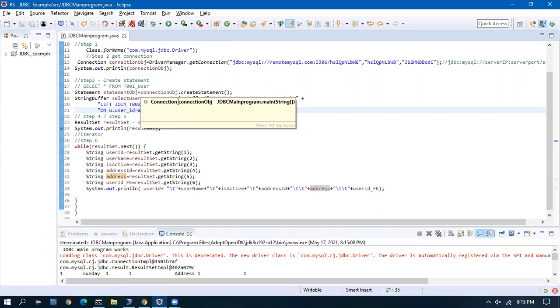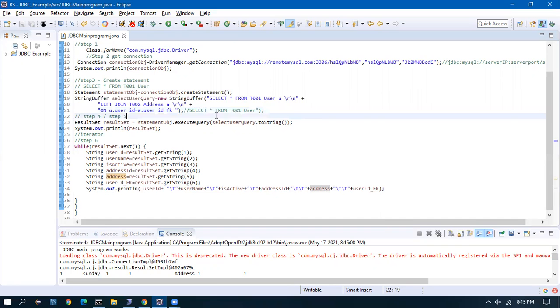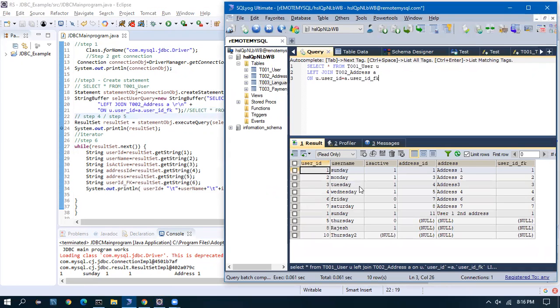I want to pass the parameter from the Java. Let us say I want to fetch only the users whose name is Sunday. So what I will do here, where u dot username equal to Sunday.